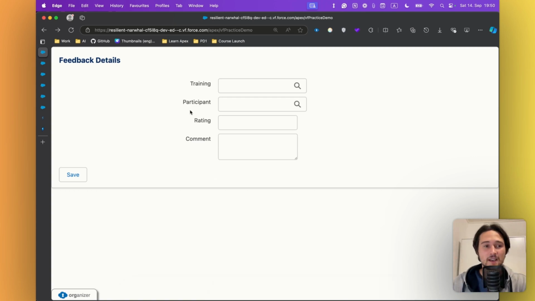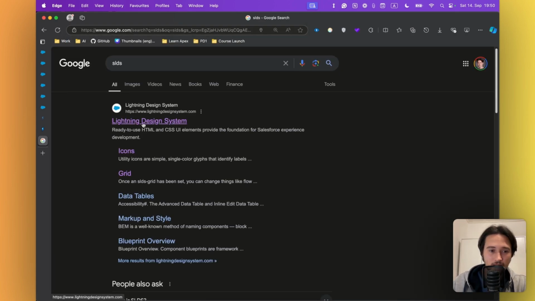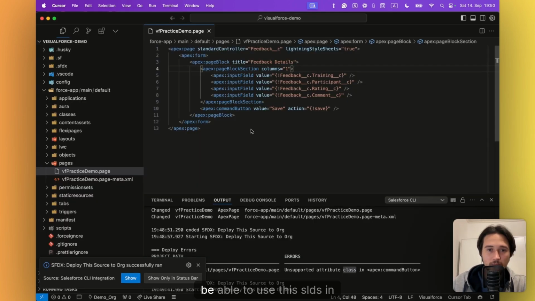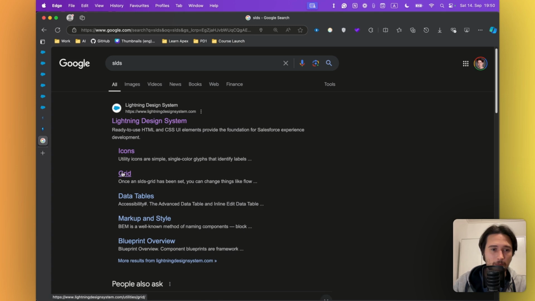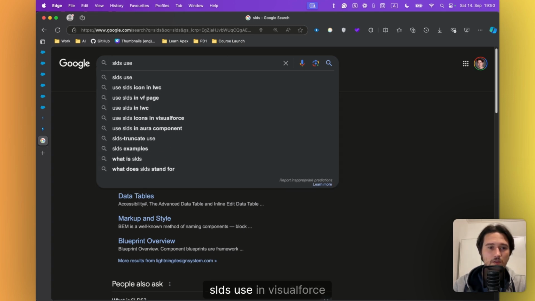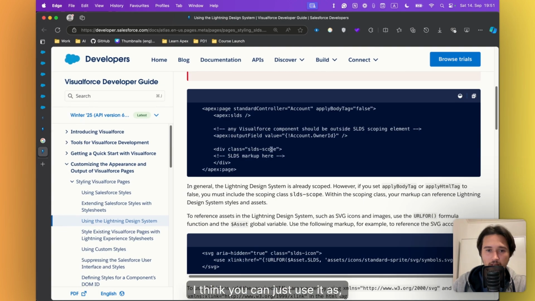And a good thing also, if you are familiar with the SLDS, which I think you should be, is that you will be able to use the SLDS here in a limited way. So you cannot use everything there, but in a limited way, you absolutely can. Okay, so SLDS use in a Visualforce page, and I think you can just use it here as classes like this, right? Again,